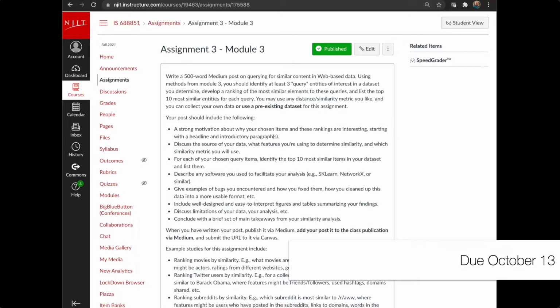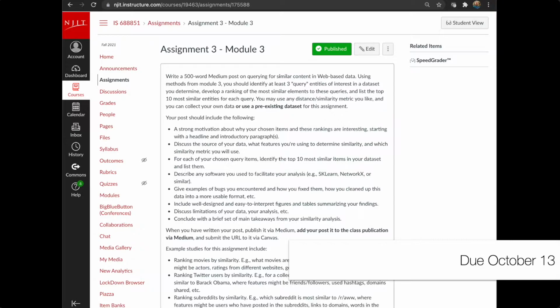So the main thing here is you need to create or extract or use some pre-existing data sets. This is different than the previous two assignments where you had to build your own data set. Here you can take something from Kaggle or from some other space. It's already been built for you. And then define or identify how you want to featurize this content. This means identifying what constitutes features. Are they words or usernames? Are they domains that are shared? Are they image embeddings or something like that